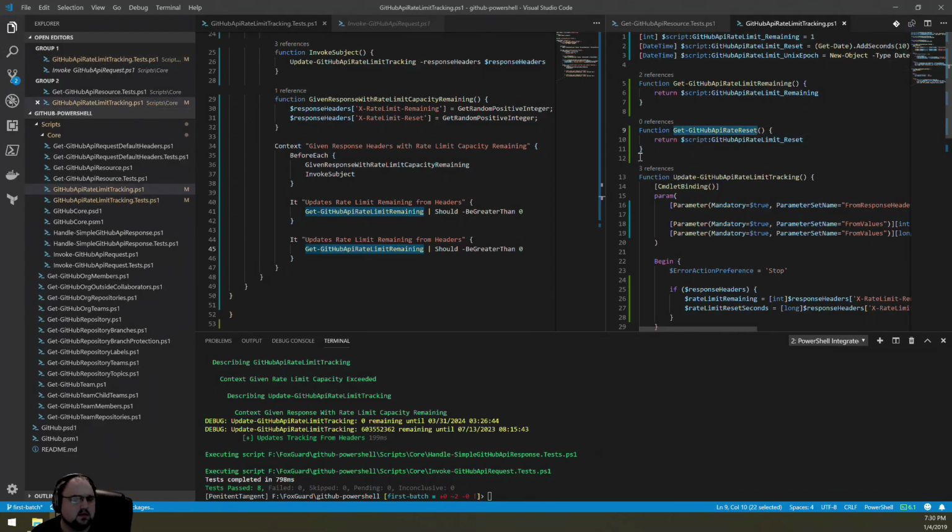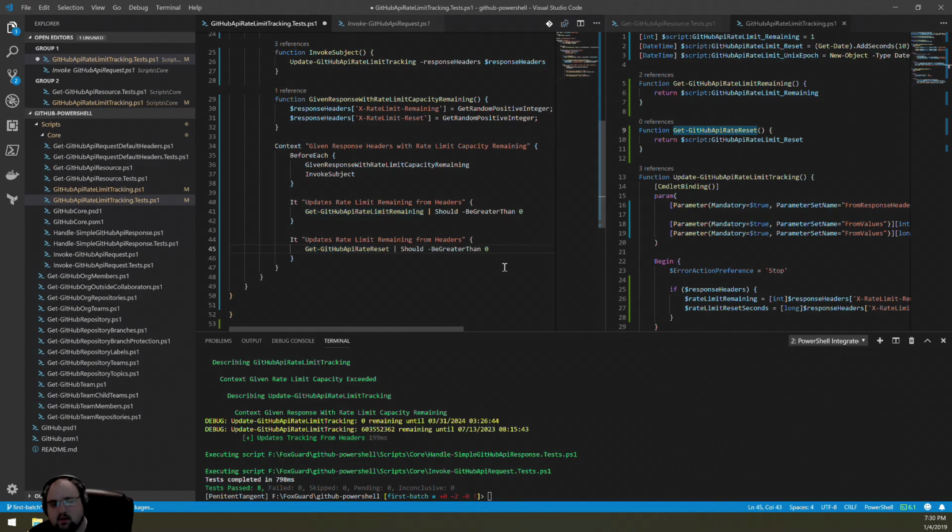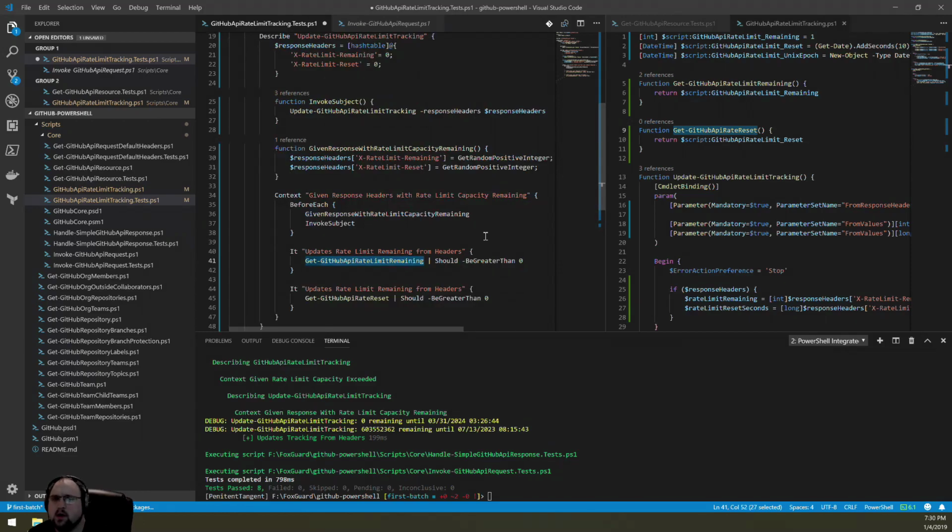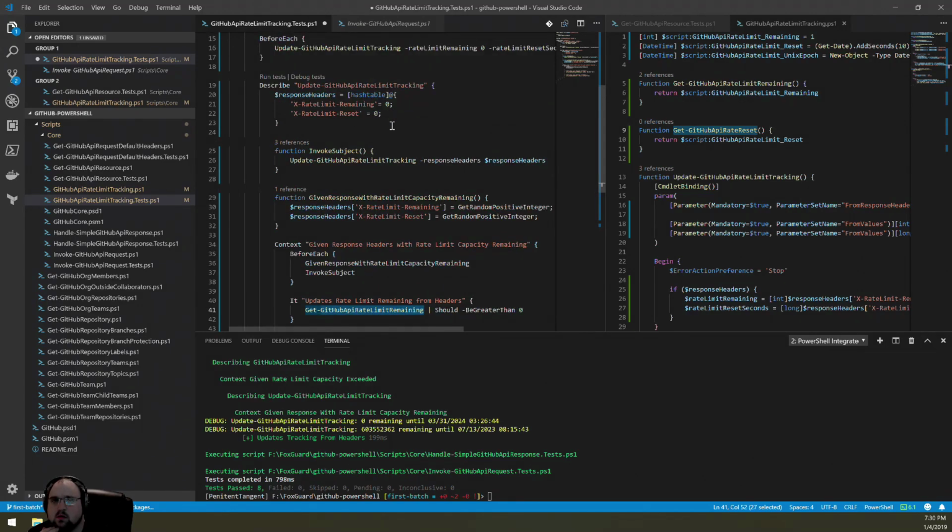So this function. And now we need to make an assert against it. Actually, both of these asserts don't actually verify that it updated. It just verifies that it's nothing. We probably want to do